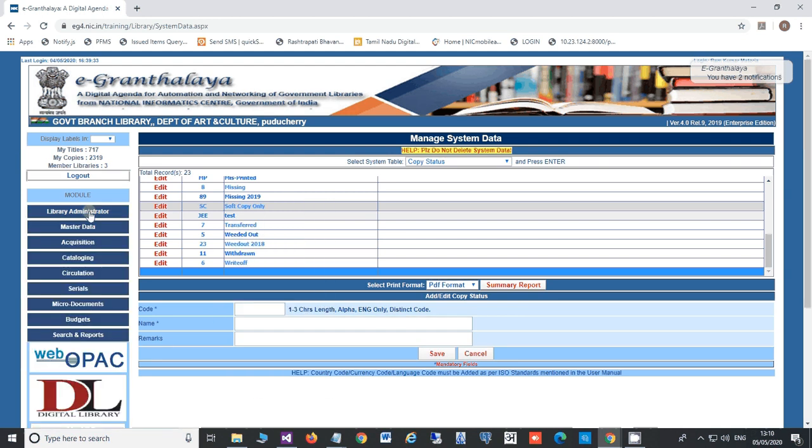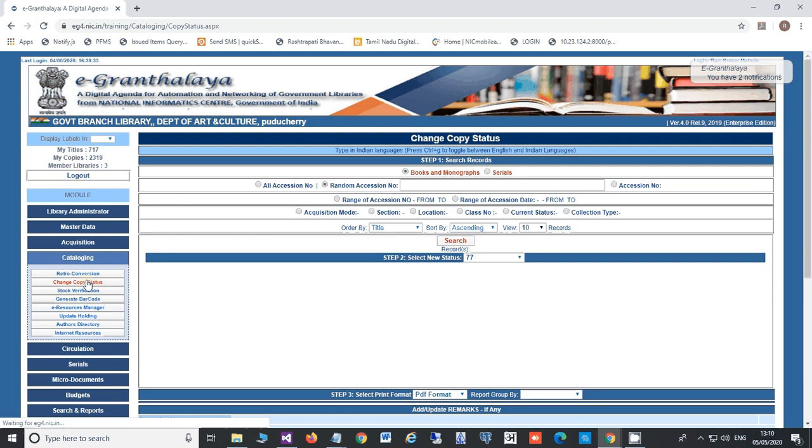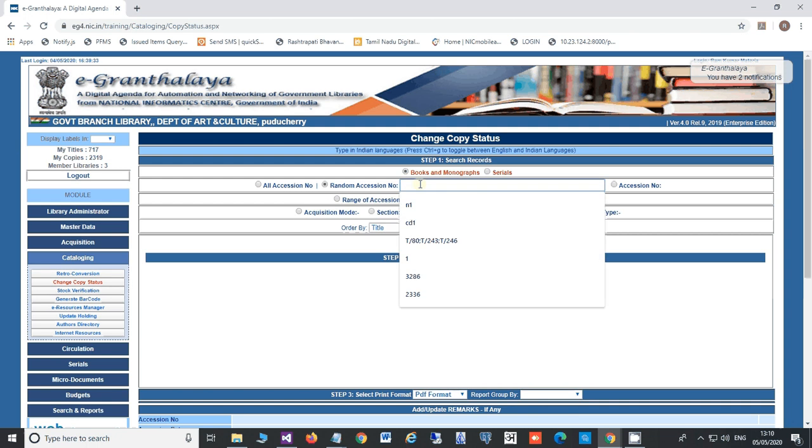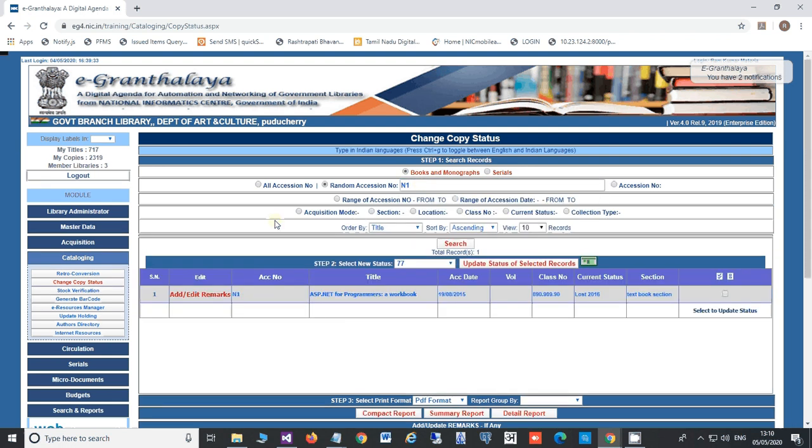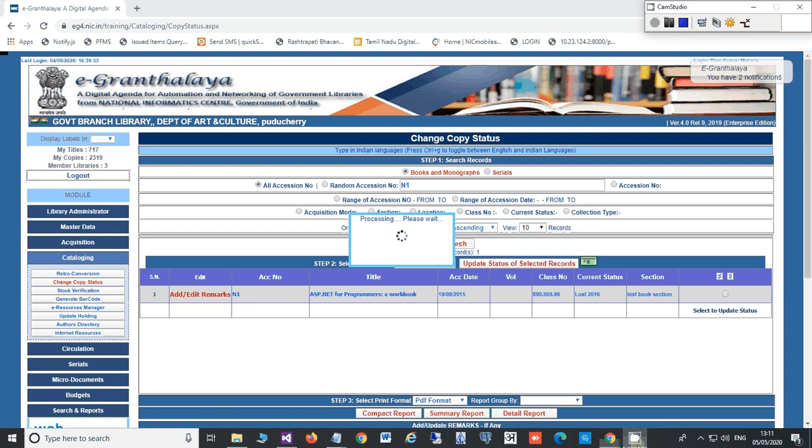After creating the status, they need to go to change copy status, and then search the copy accession number record for which they are going to change the status. There are various parameter specific searches on this form. If you select all accession numbers, then all accession numbers will be searched by the system.